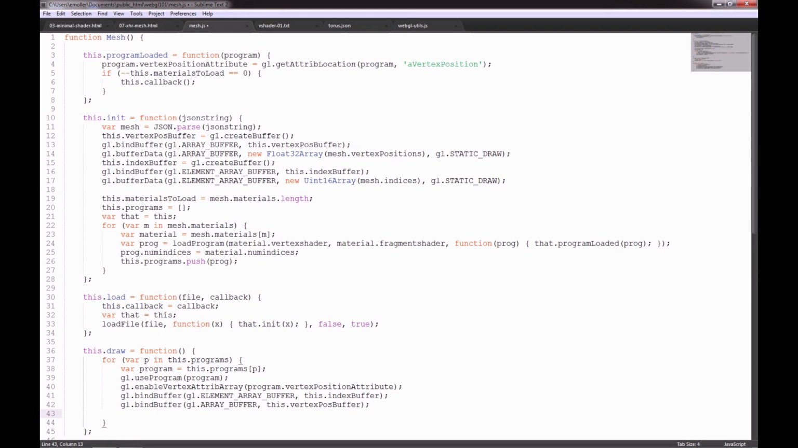Okay, getting there. So vertex attribute pointer. This time it's actually 3 floats per position. So copy that, and 3 floats, and then no normalized. Okay,